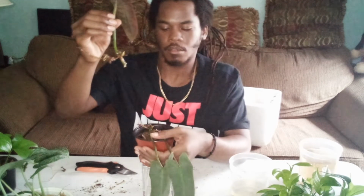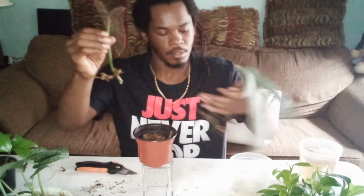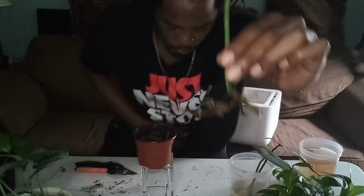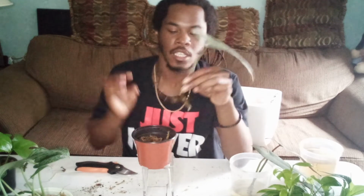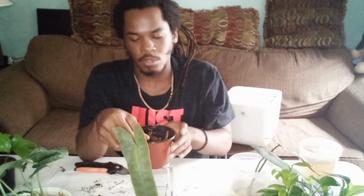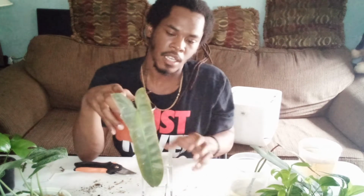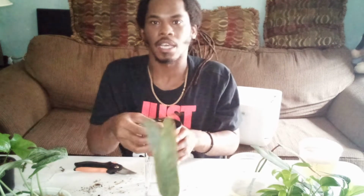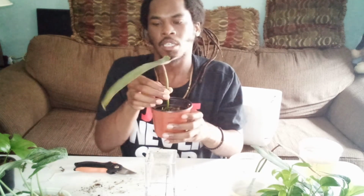When the plant decides to grow and push out, as it's growing, it can't really push out any leaves. I mean, it can, but they're not going to be worth anything, so it's not going to waste its energy just on leaves. I'm thinking about doing it like this, but if I do this, it has to sit up on top of something, kind of how it's propped up here on my little clear pot. But if not, then I will have to do what I normally do, which is keep them like this,